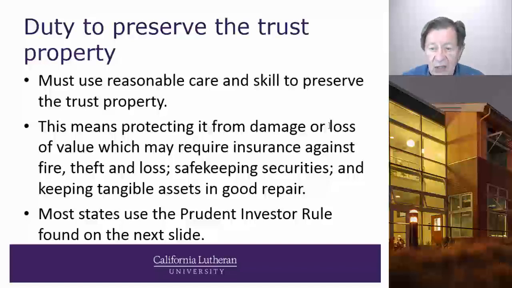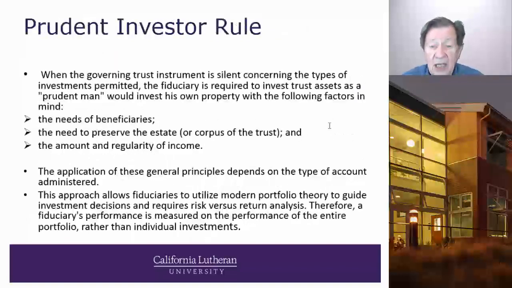And it obviously wasn't safekeeping the securities. And if you have tangible assets such as houses or automobiles, you must do preventive maintenance and repairs. And most states use the prudent investment rule, which is on the next slide, for the investments involved. And it says, when the governing trust has been silent concerning the types of investments permitted, the fiduciary is required